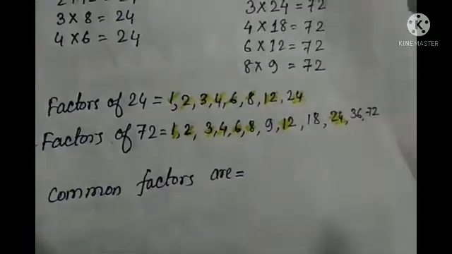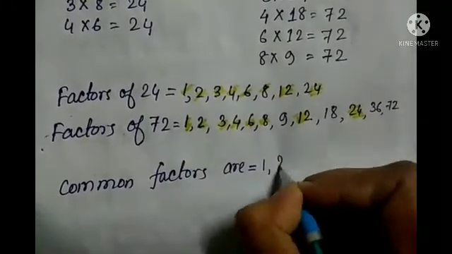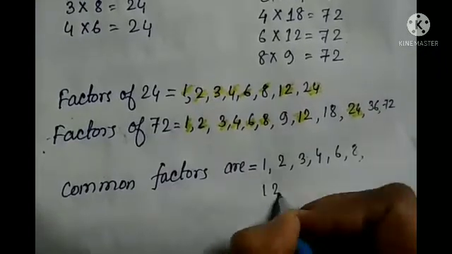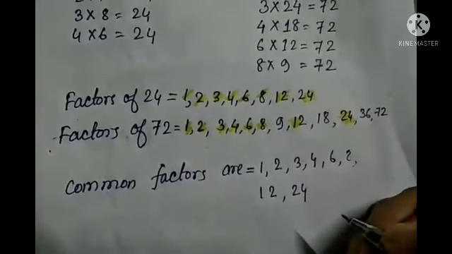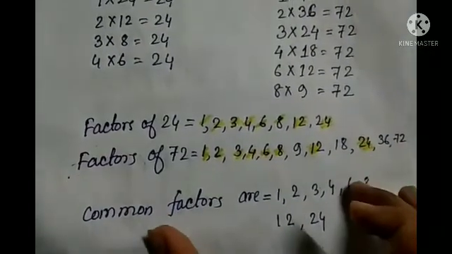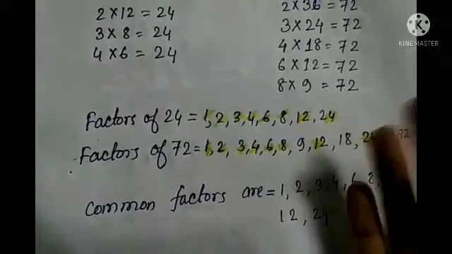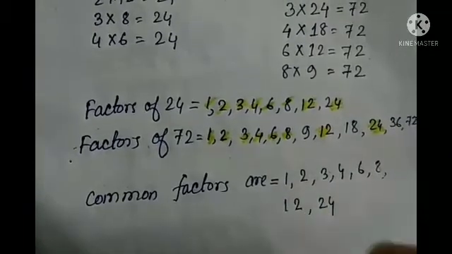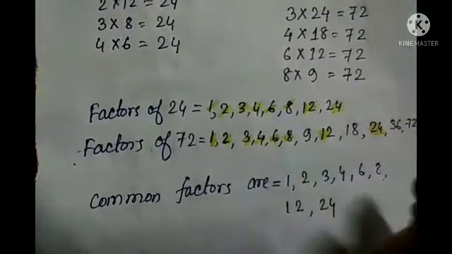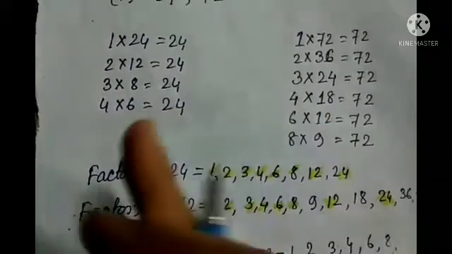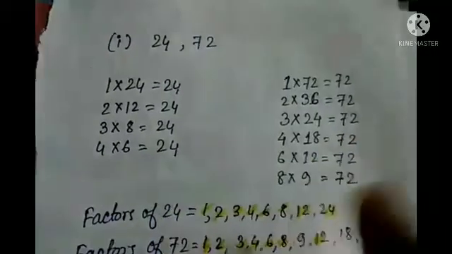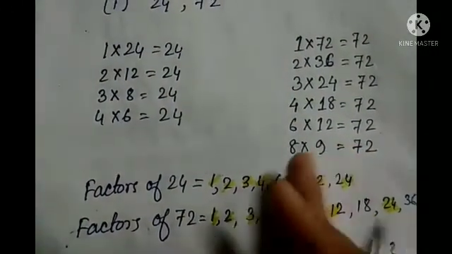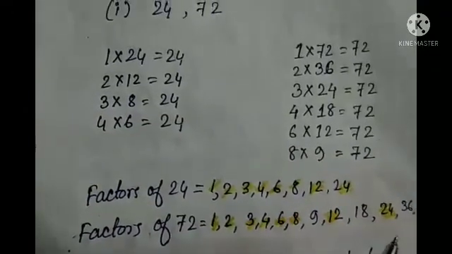So how many common factors are you getting? 1, 2, 3, 4, 6, 8, 12, 24. Okay students, in this way you have to solve. So many examples are there. Already I have shown you A number, B number, G number and I number. So 4 is done. In some cases I have shown you an example, and here I have shown you 2 direct questions from this exercise. So you try the other numbers that remain and write them in your copy.